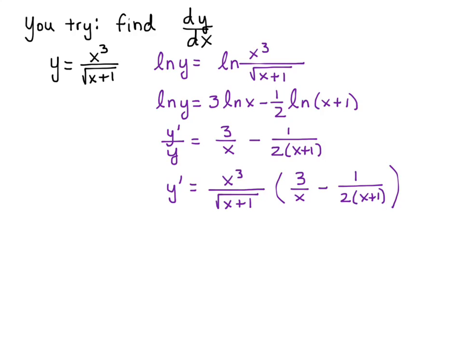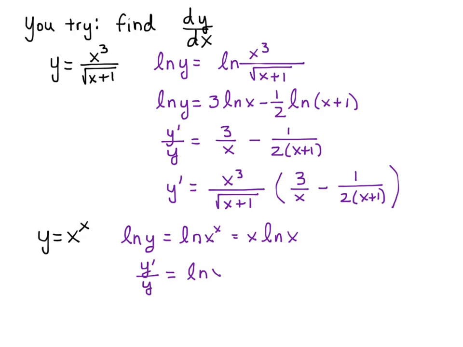Now, there's also a case here where if we have this function, y equals x to the x. Now, if you have x to the fourth, you know how to take the derivative of that, right? Or if you have 4 to the x, you know how to take the derivative of that. We don't have any real way of doing this. But logarithmic differentiation works here as well. So if we take the log of both sides and make that x log of x, now do our differentiation and use the product rule here. We get the derivative of x times the log of x, and then x times the derivative of the log of x. And so this simplifies out to be